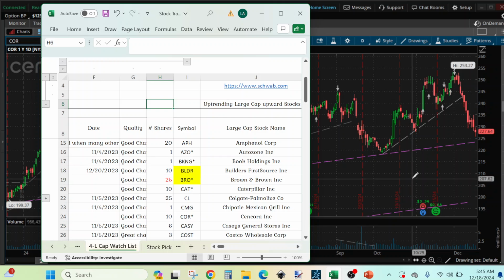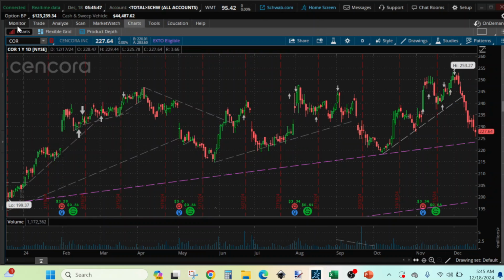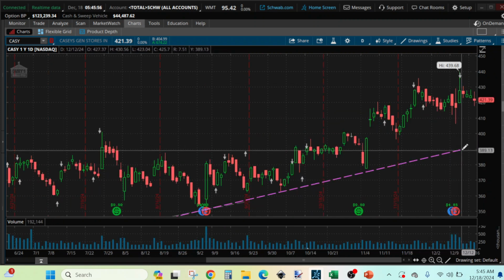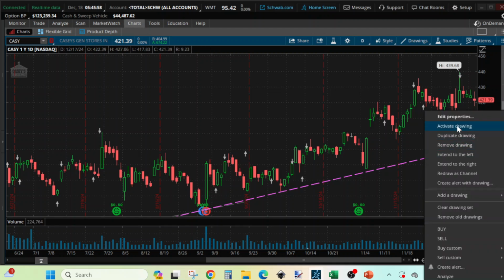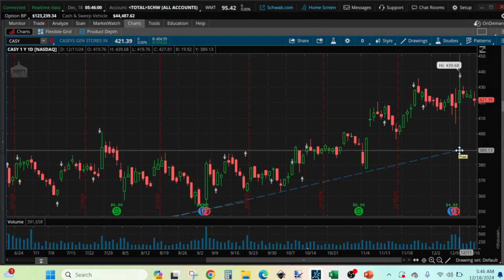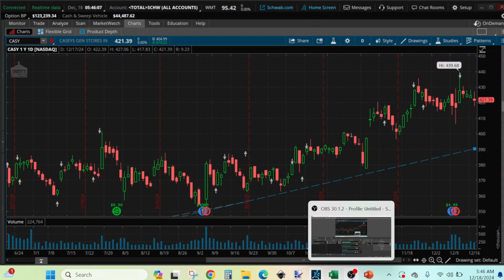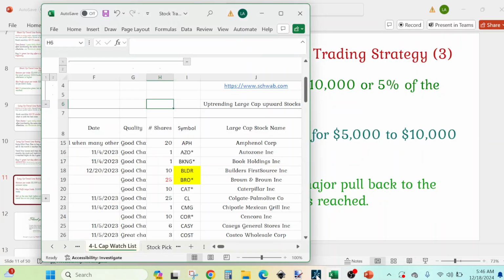So CASY is the next one. So this one we are going to buy it at that line, and it's getting close there. So CASY, we would like to buy at the 1 year trend line. And usually the 1 year trend line, we trace it on the maximum daily chart,